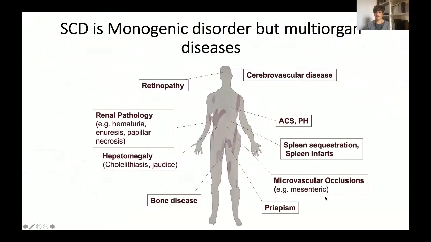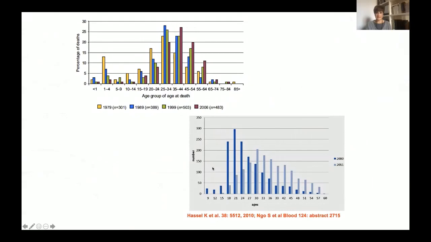Sickle cell disease is a monogenic disorder, but a multi-organ disease, as you may see summarized in these slides, touching target organs such as the brain with cerebrovascular disease, the lung with acute chest syndromes and pulmonary hypertension, but also kidney, liver, spleen, and of course, bone. These devastating and invalidating disorders impact mortality and morbidity in sickle cell disease, but strategies